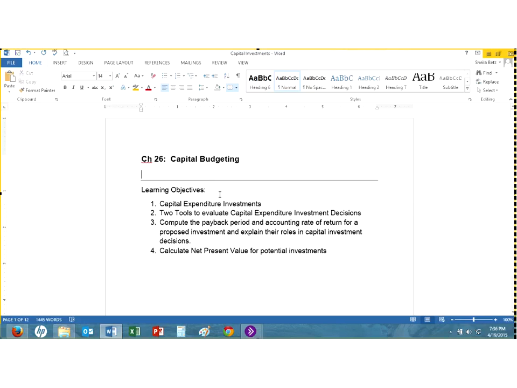And really what we're going to be looking at is when companies are trying to decide to make really large, impactful decisions. Should we build a new building? Should we, if Starbucks, should we add a new fancy coffee machine to each of our retail stores? They have to use some tools to say, well, are we going to get our money back? And when are we going to get our money back? And what's going to be the rate of return, et cetera. So we're going to be looking at those type of major decisions and looking at 3 different types of tools companies can use to help evaluate those type of decisions before they go out and build the building or buy the new coffee machine, etc.